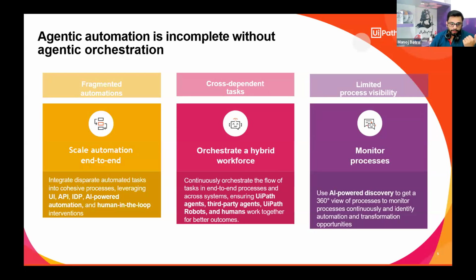Talking about the third thing here, monitor processes. So finally, you have got orchestration, which kind of gives you visibility. You can see what all tasks are running. With the help of AI, you can see where the delays are, where the errors are happening, and where the chances of improving things are. And again, think of it as another kind of orchestration or a control center to improve your business processes. And with this, the system can even suggest some improvements, helping you spot, okay, there's a bottleneck here, and there might be an opportunity you might miss to automate. So you just see that and get it working.